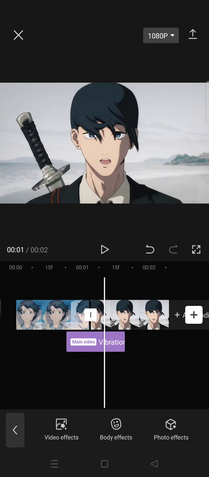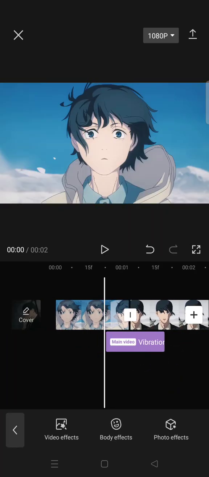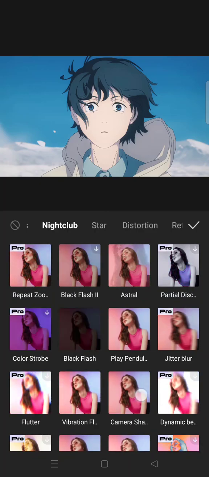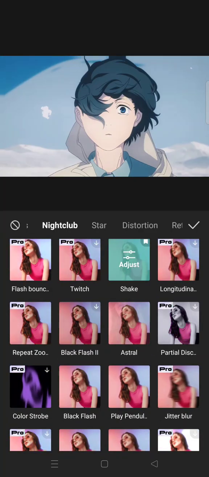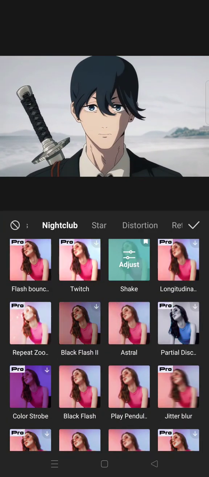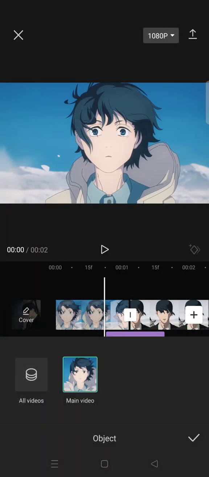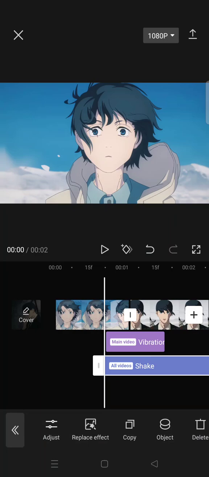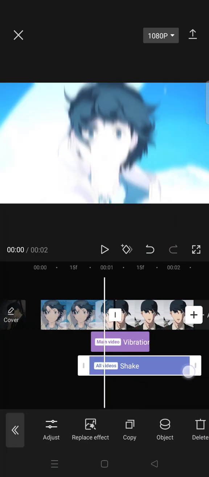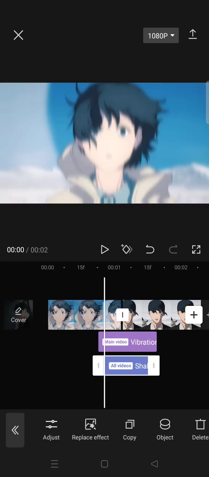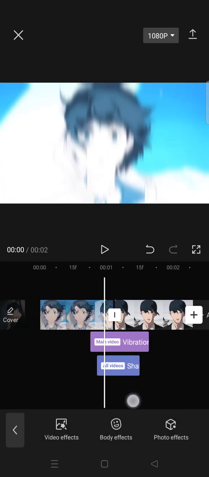And now go to the video effects again and add the shake effect, this one. Click on a check icon and now click on the object and select all videos. Put the shake effect at the center of the first effect like this,